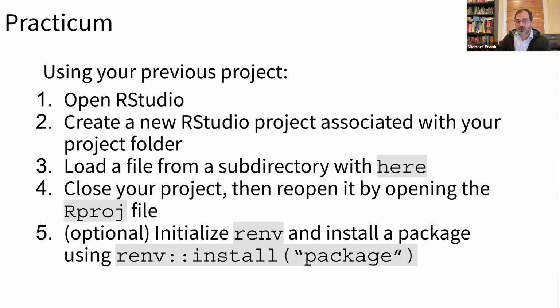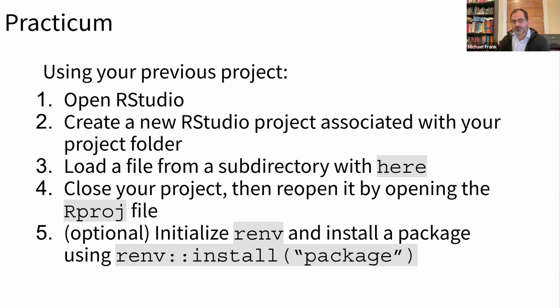You don't have to do this if you want to get some R code going. But what I really want you to do is to close your project, then reopen it simply by double-clicking the R project file in that directory. So practice that way of working, where in order to start work on the project, you automatically open that new R session that is specific to your project. When you switch to the window, it should have a little badge that says the project name across it. So you know that session is specific to that project.